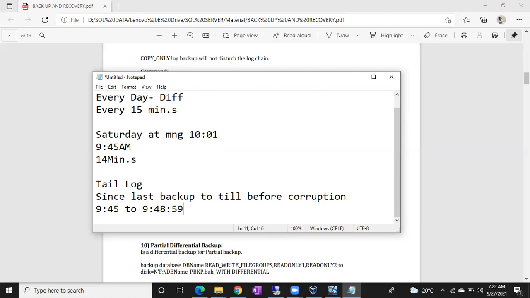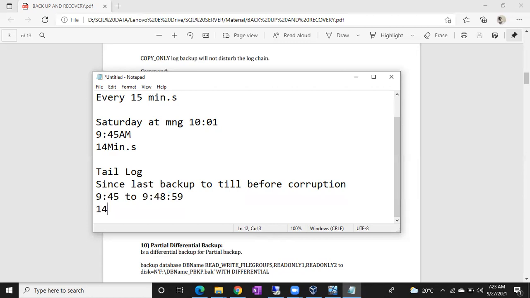If it was corrupted at 9:49:30, it will take till 9:49:29, a second before the corruption. At 9:49 exactly your database is corrupted, so it cannot take till 9:49, so it can take till 9:48:59. So this is on average 14 minutes of data.